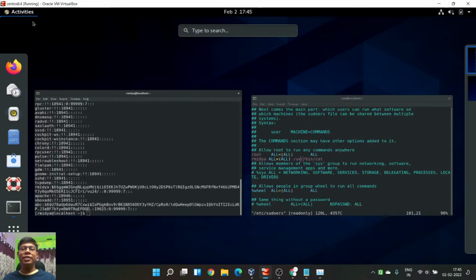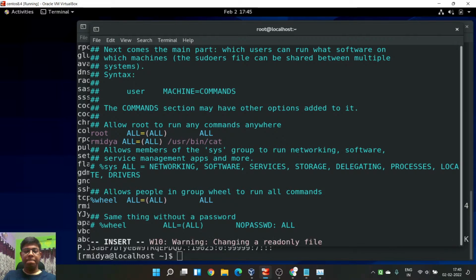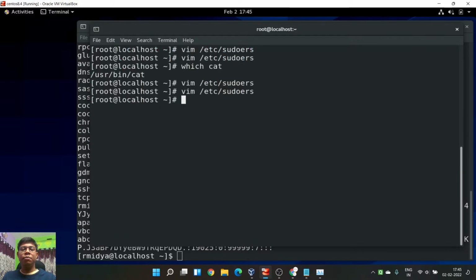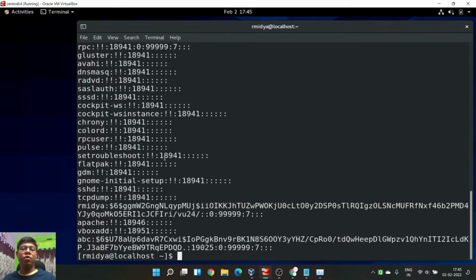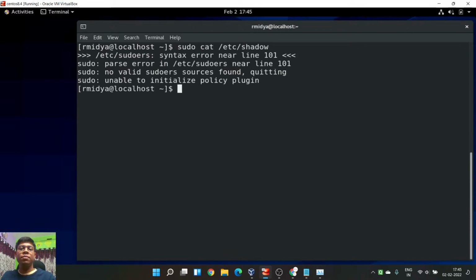But as soon as I remove this entry from here, let's say I'm just removing it to nothing. I give nothing here. I removed it. Now if I again go here, clear it, and run sudo, it is showing, okay, the sudoers file has some error because I haven't given anything.